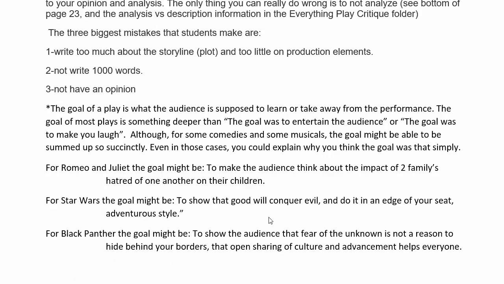So then I ask you to tell me what the goal of the play is. And the goal of a play is what the audience is supposed to learn or take away from a performance, not what the actors or the characters are supposed to do. Usually a goal is much deeper than the goal was to entertain the audience or the goal was to make the audience laugh. In some rare cases, that might be the goal. However,